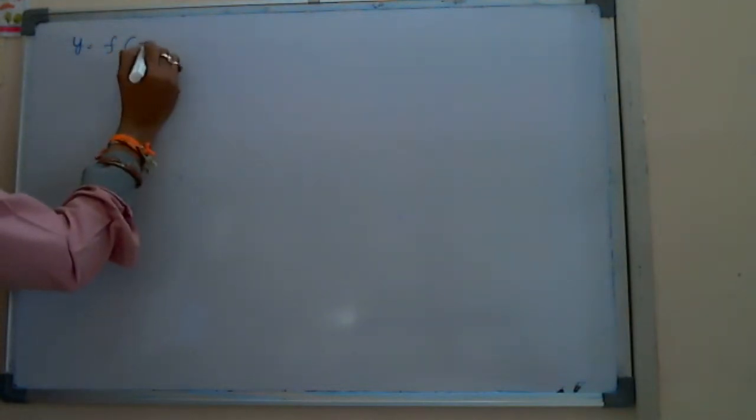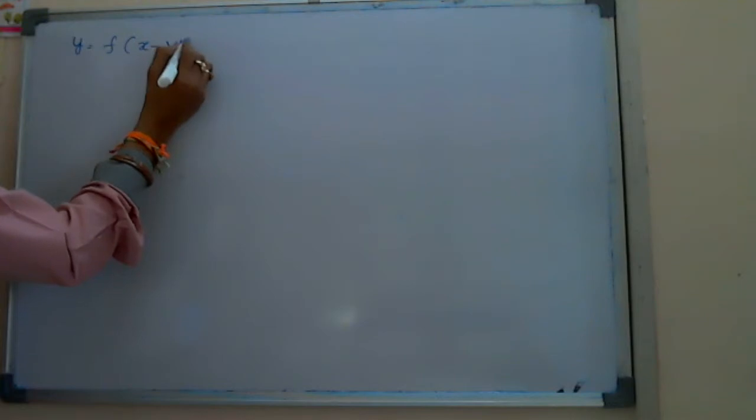Sometimes while solving these numericals, we need the relations between phase difference and path difference for waves. While solving the numericals, we also get this in the given assignment. Generally, the equation y is a function of x minus vt, as I already told you.